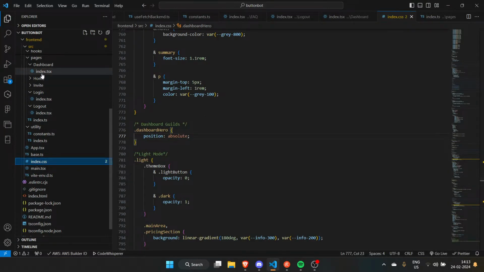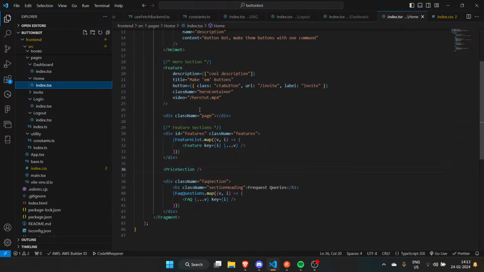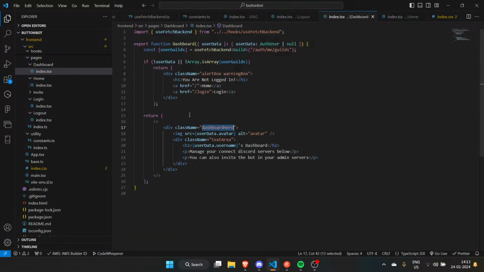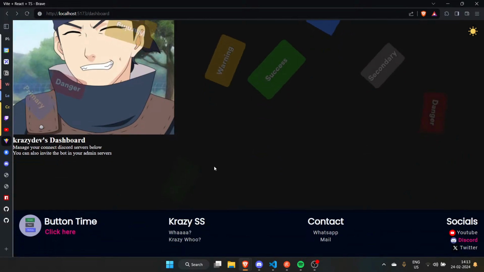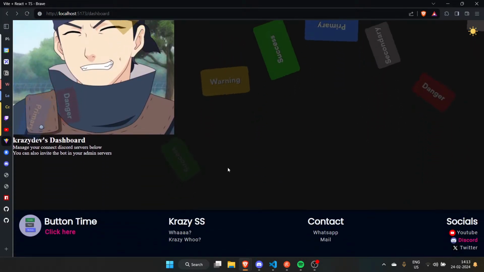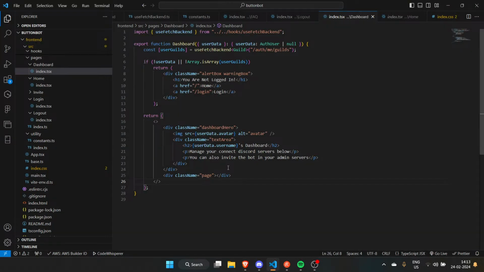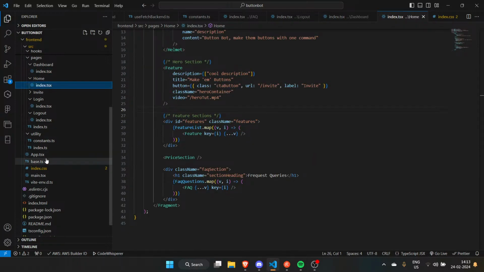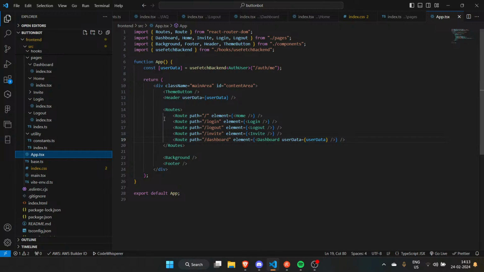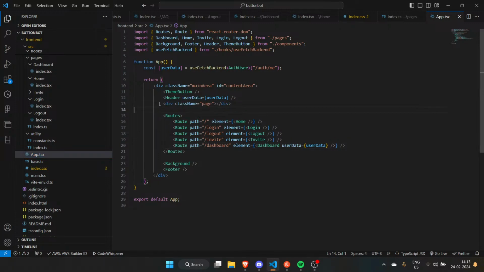Am I missing something? Let's go to home. How does home work? Okay. Let's add that. Okay. What if I remove that piece of code and I add it in the app.tsx, like here.